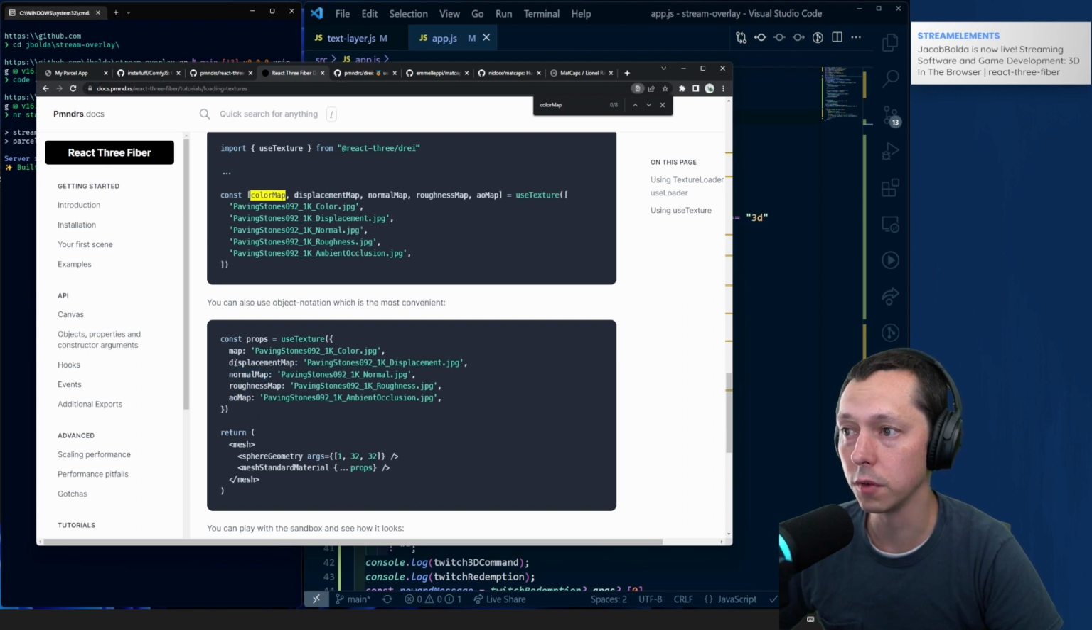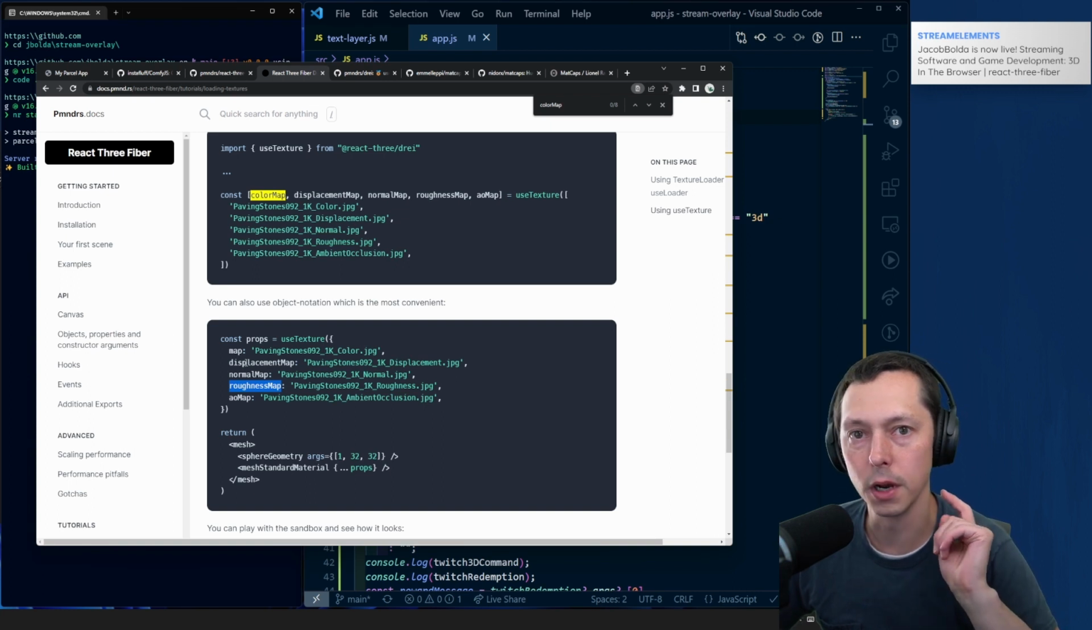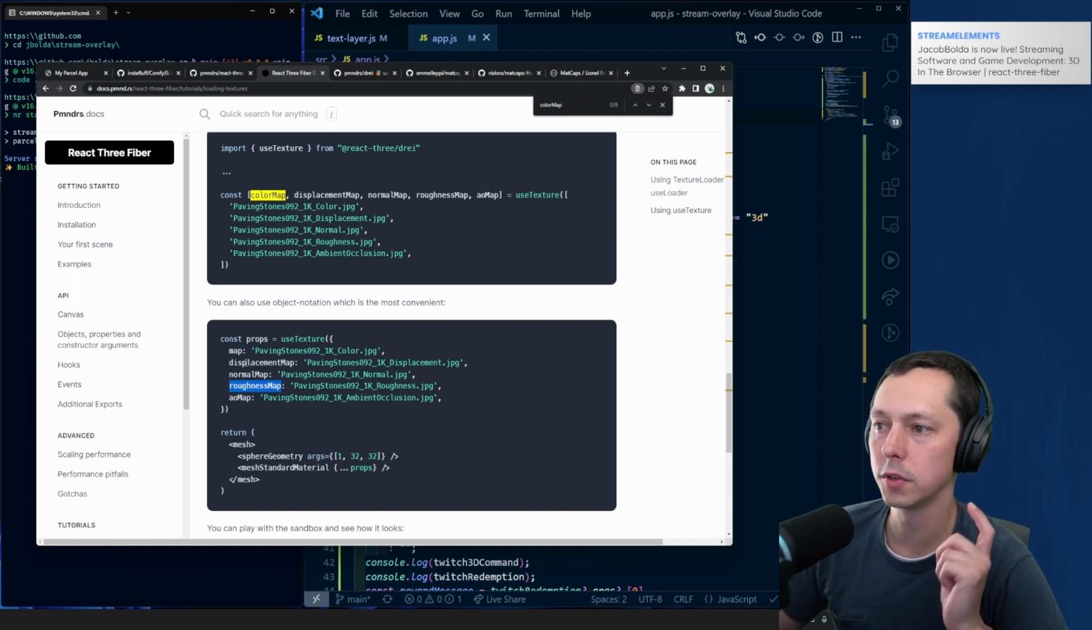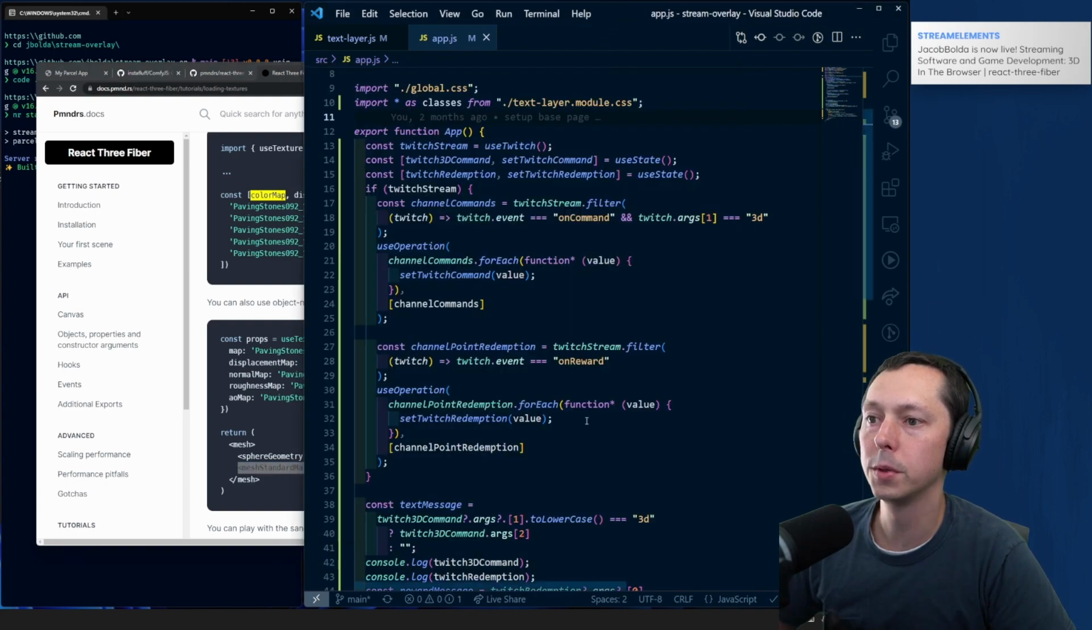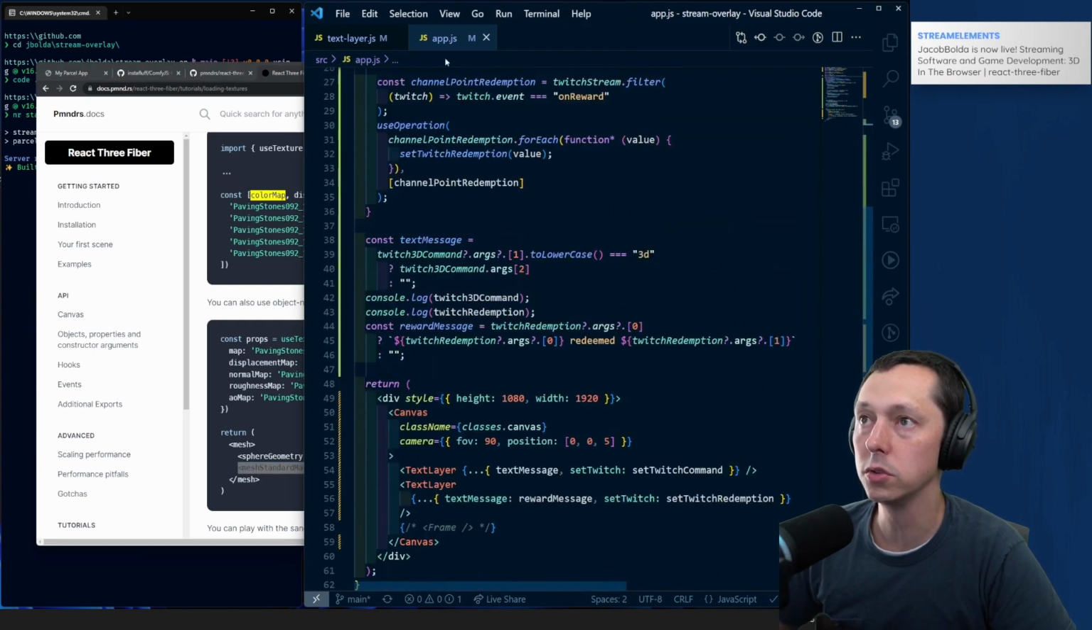I've definitely heard all of these before: ambient occlusion, roughness, normal, and displacement. But I don't know off the top of my head what they mean. So we might end up looking into that as well. But for the most part, we're going to be pulling this in and just dumping it right into